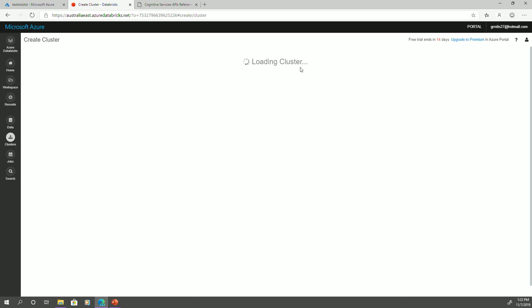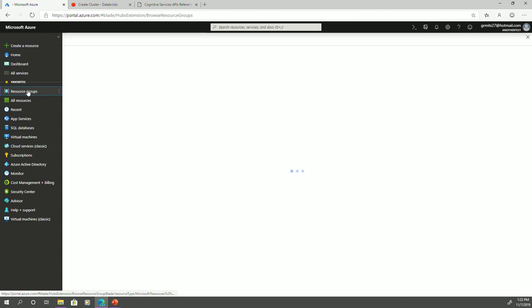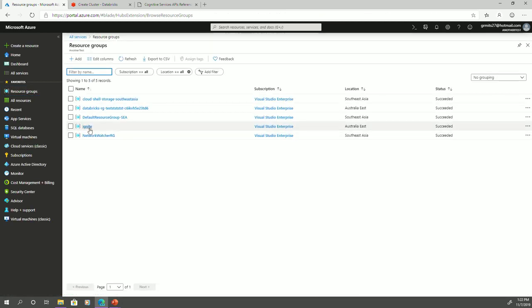So it says it's loading a cluster. We don't have a cluster at the moment. So it's telling you a lie at this particular point. But it's going to give you the ability to create a cluster, even though it seems really, really slow. Okay, well, that's happening. We'll move to